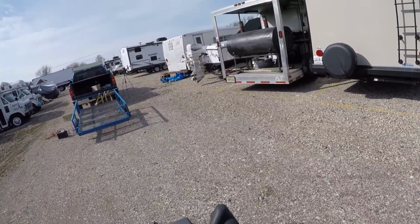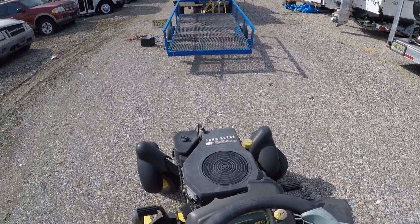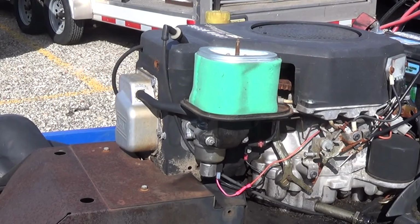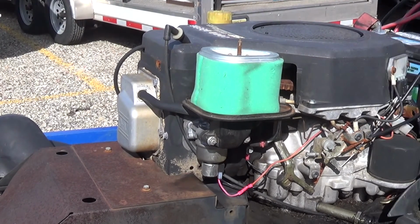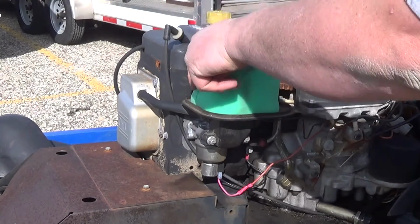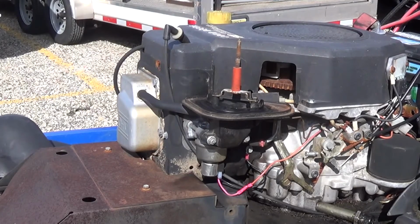Alright, let's see what we can do. Alright, let's have a ball. So it seems like it wants to run, and it wants to run really good. That dude's bungee cord over there is dinging across his metal pipe, the support on the trailer. But that's fine, that ain't gonna bother us too much, I don't think. Does that come off? Okay, no, that's just...